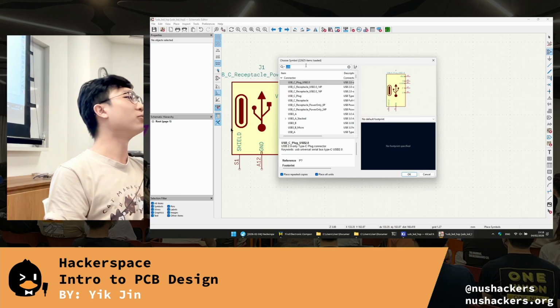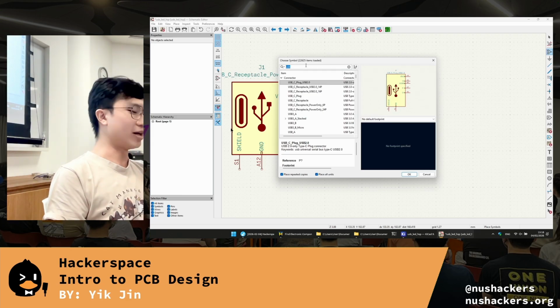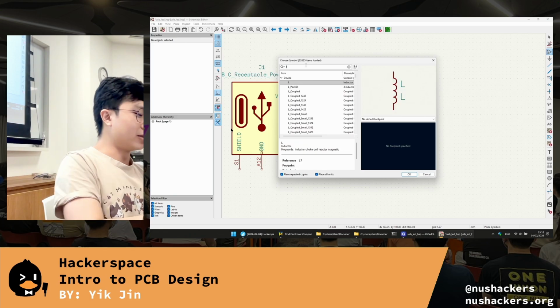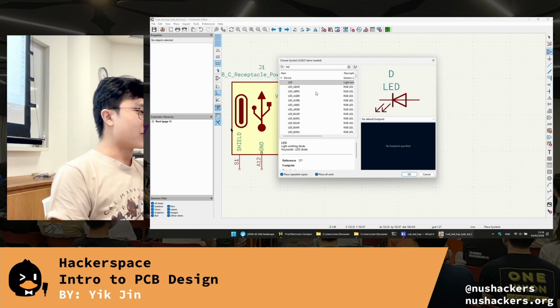So let's think, what other components do we need? We definitely need an LED, right? So let's search for LED. When you search for LED, there's a whole bunch of components over here. You can see LED, and so on, but all these are all like